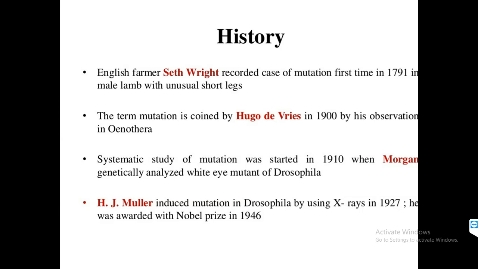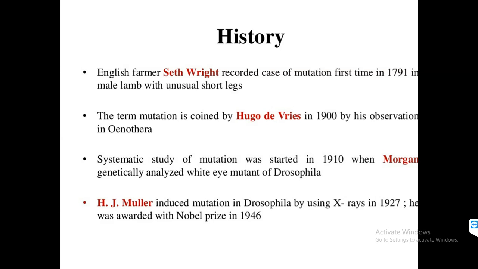So we talked about it in the last class, the chromosomal basis of inheritance. In that we saw that in male and female Drosophila there was a difference in the eye color, and this eye color was different because of the presence of mutation in the female of Drosophila. So this was the first time the systematic study was done, and it was done by Morgan.